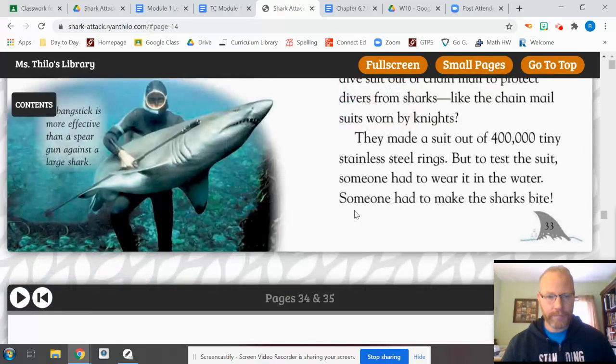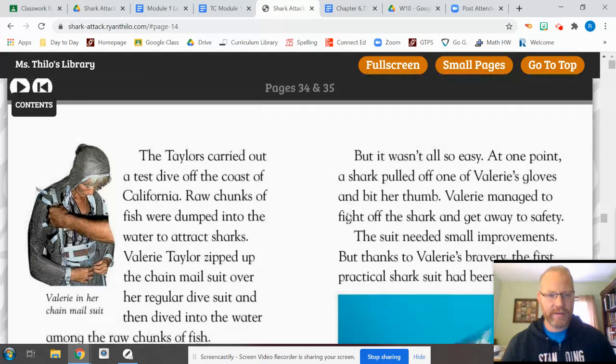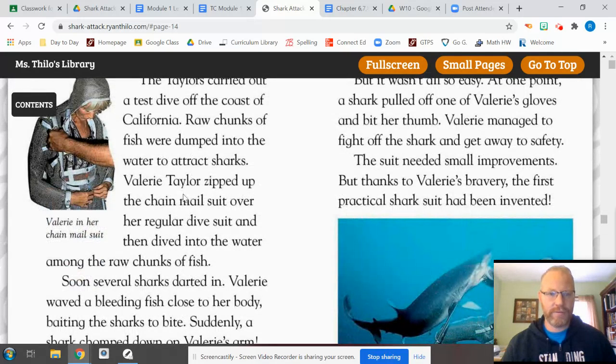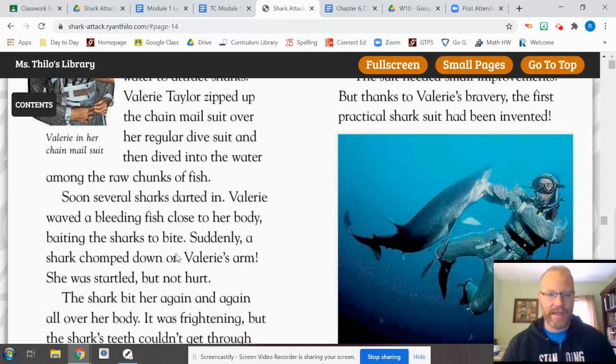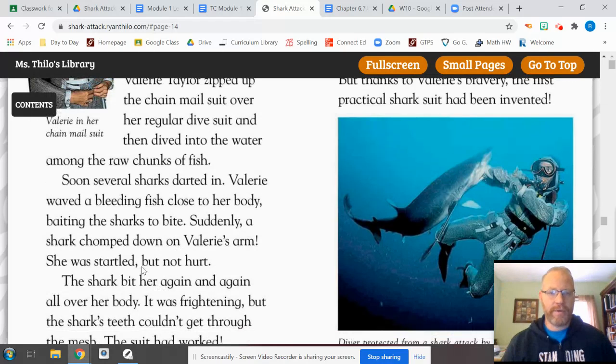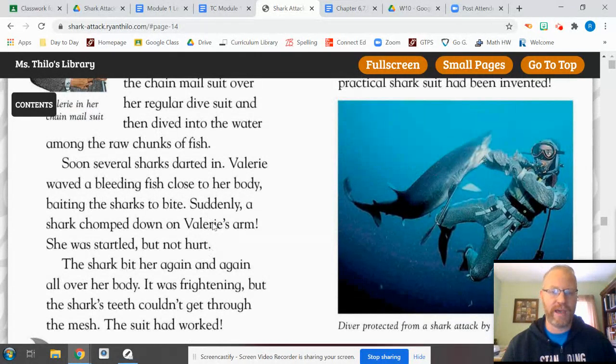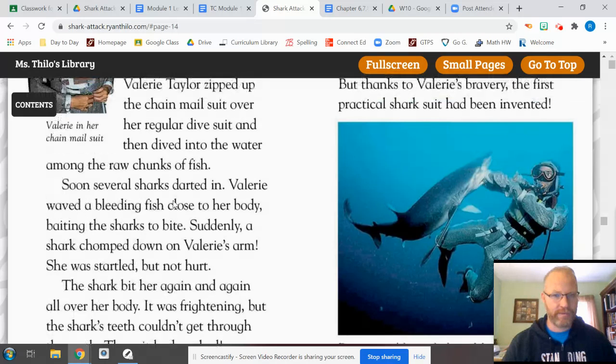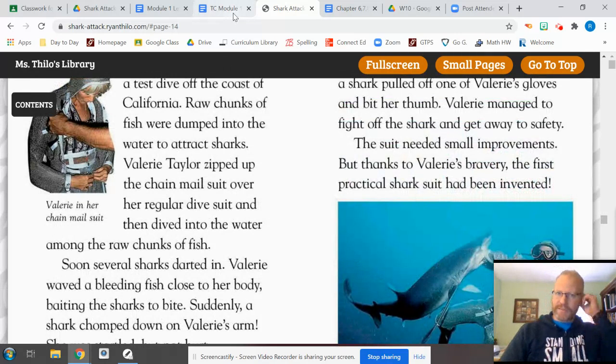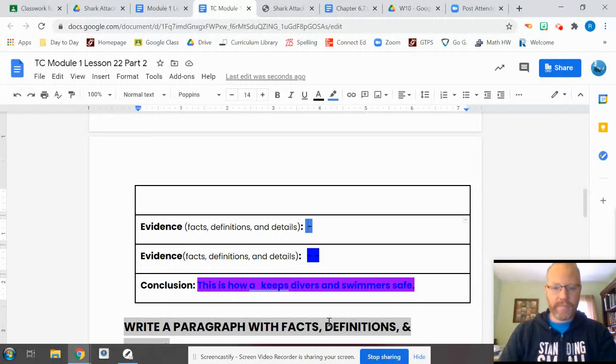So I look here, Valerie Taylor, she wore it and she got bit, but she was startled but not hurt when suddenly a shark chomped down on her. So this is an example or a fact about the chainmail suit that Valerie, and I'm going to use her full name, Valerie Taylor, because that's the fact. So Valerie Taylor